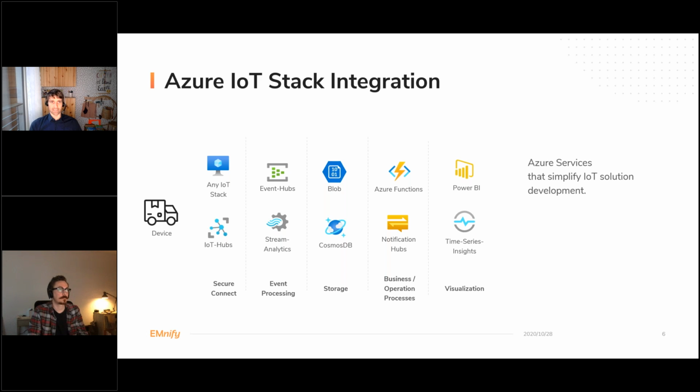So basically, when, for example, a customer does a lift and shift, when they first have had an on-premise deployment and now are moving to Azure. And so after, let's say, this ingress, there's several services that are available in the IoT space. So Event Hubs, that is where we're integrating our data streamer. Stream Analytics for event processing, storage, different types, blob storage and the Cosmos DB, and also different business and operation